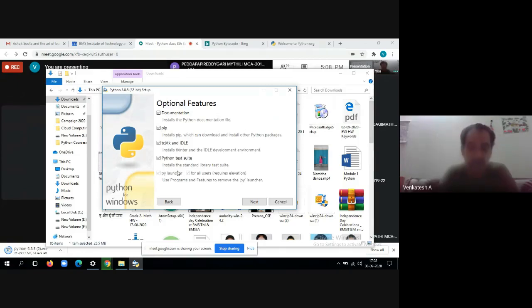If you go for customization, you will come to know what all the optional features are. It is optional whether to download the documentation part or not. It is always necessary, so we'll download it. And there is another software module, that is pip. On demand, you can install the required packages. For example, after some time you may start working on an IoT project and you may need some software packages which are not yet installed. If that is the case, you can go to pip and install the packages.